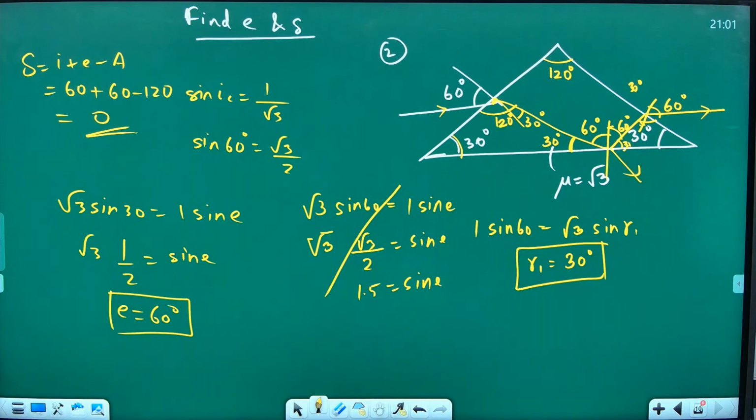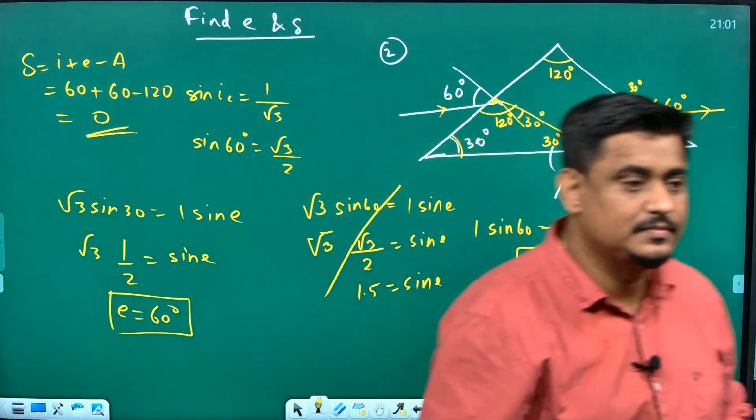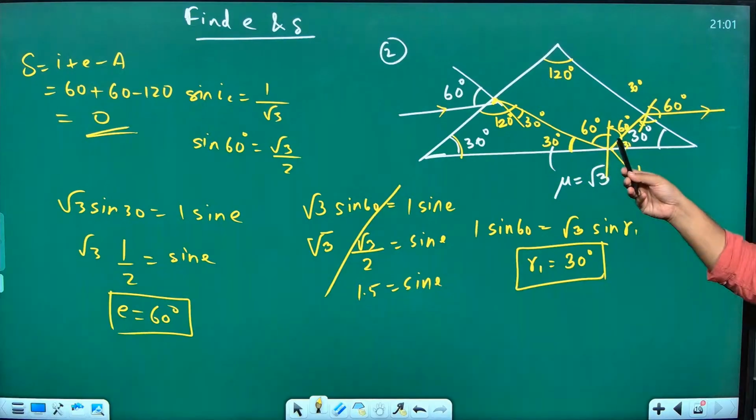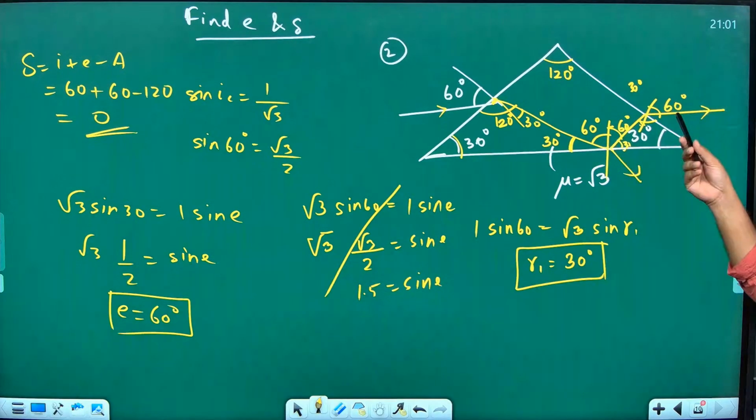Anybody has a doubt in this question? Yes. We have R1, R2 and R3. Yes, sir. Okay, you can take. R1 is 30. R2 is 60, R3 is once again 30. Then how will you find the A value? Only R1 plus